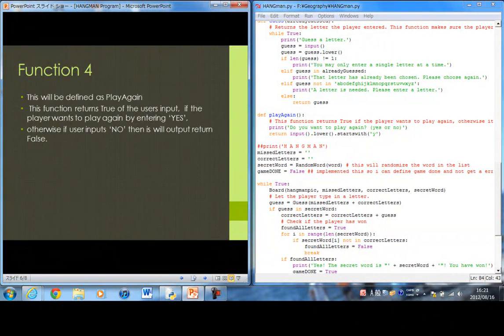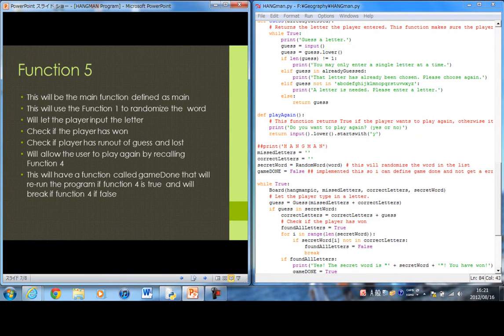This is my last function. Actually, this is my 4th function. And this function basically will just ask the user if he or she wants to play another round of Hangman. This function returns true if the player says yes, and it will return false if he or she doesn't. The last one's my main function, my main,